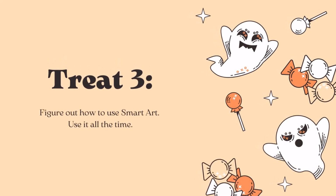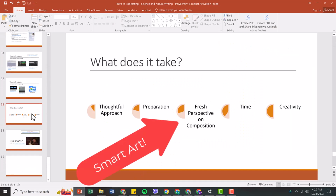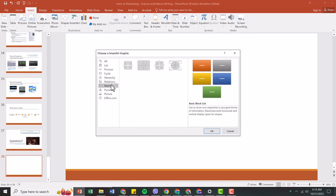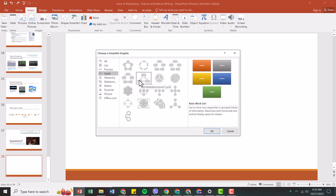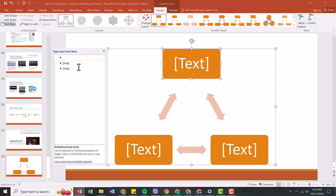My last treat is something called SmartArt. You'll see these throughout my presentations. If you have some sort of process, list, cycle, hierarchy, what have you, SmartArt is an amazing option. There are lots of design options, and then once you choose the best design, you can format colors and aesthetics. The best thing about SmartArt is that it auto-formats with the amount of text that you include, and this